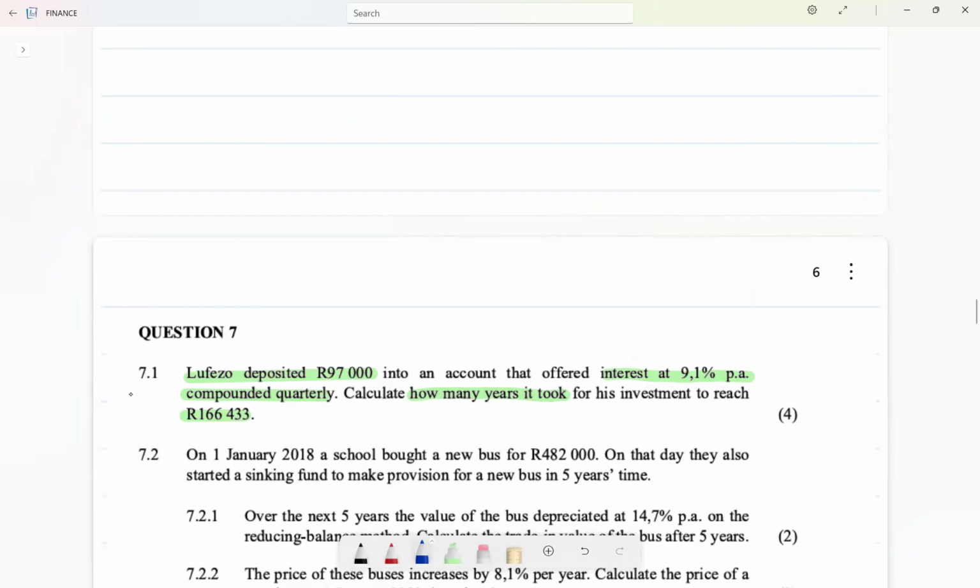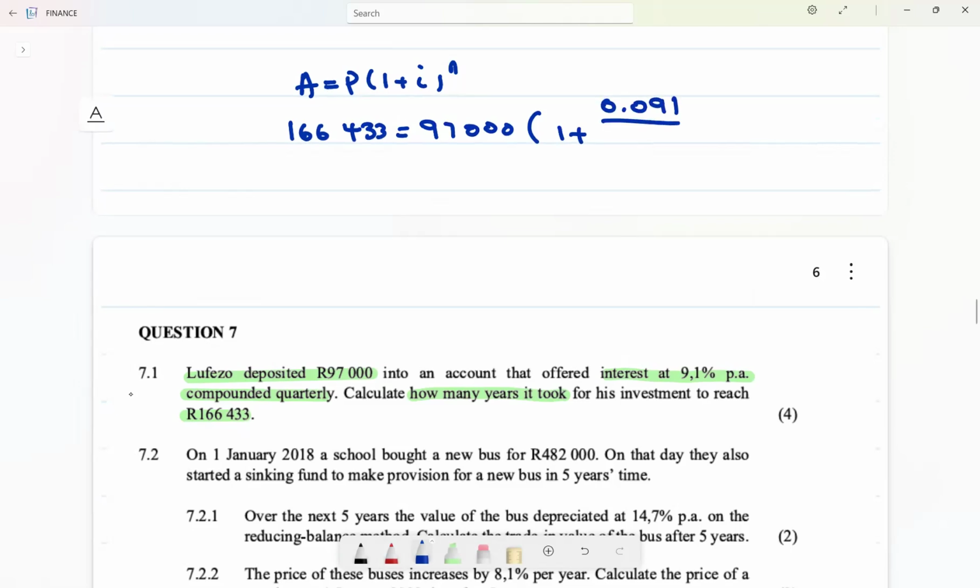So you're going to say A is equal to P into 1 plus i to the power of n. Then we need to see how much it took to reach 166,433. If the initial amount was 97,000, then 1 plus, what is the interest? It is 9.1, which is 0.091, divided by how many